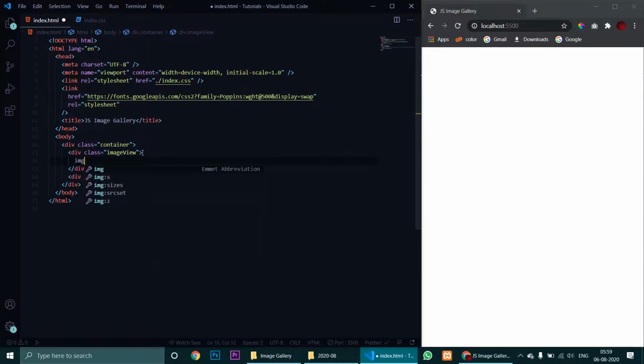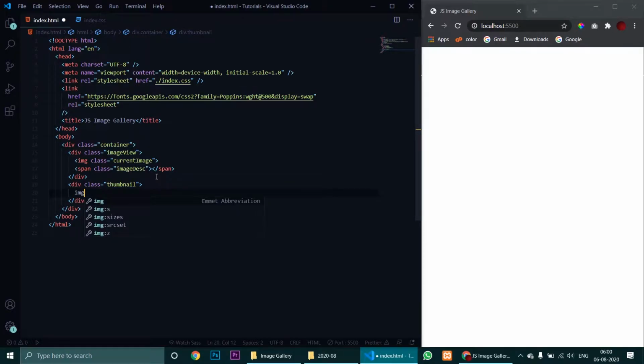Inside that, in this we will have an image tag. We don't need the source and the alt, and why we don't need it we will get to know when we come to the JavaScript part. We will also need a span for holding the description of the image in display. Now inside the thumbnail we will have four different images.